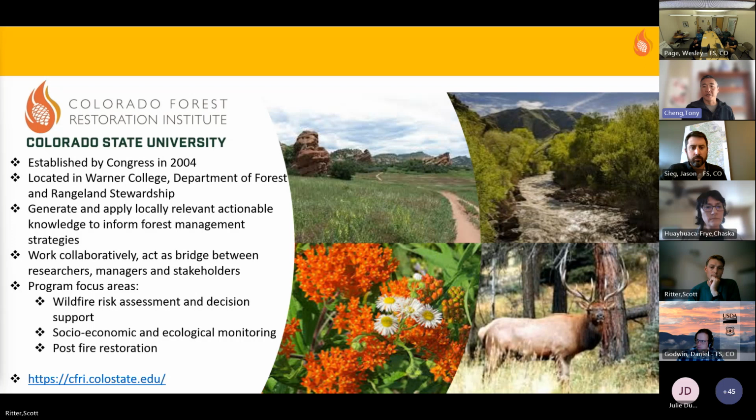We first got involved with the potential operational delineations framework and tool back in 2018, when it was really starting to go from the science shop in the Rocky Mountain Research Station and being deployed into a variety of national forest units. Jason mentioned that El Dorado was one of them, and several in Region 3. And the ARP here in Region 2 was one of the first that also had some of those early generation workshops. And so we really got on the ground floor of pods and continue to be a partner with the Rocky Mountain Research Station and their wildfire risk management science team, along with Oregon State University, in deploying pods across